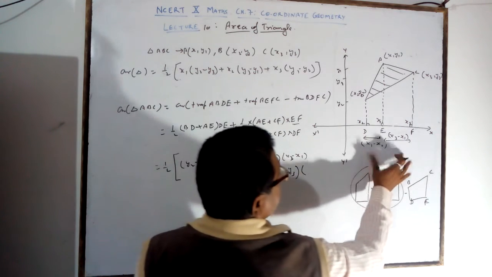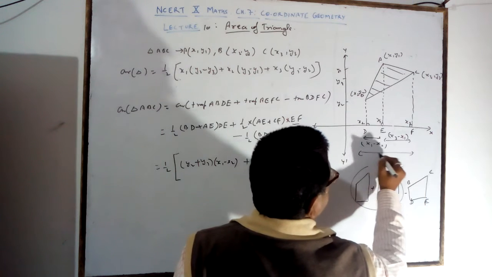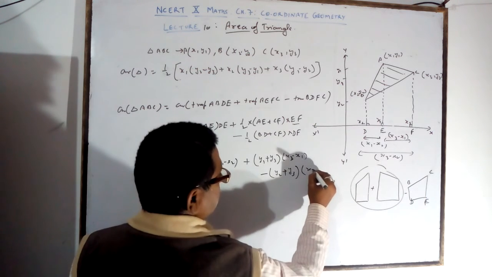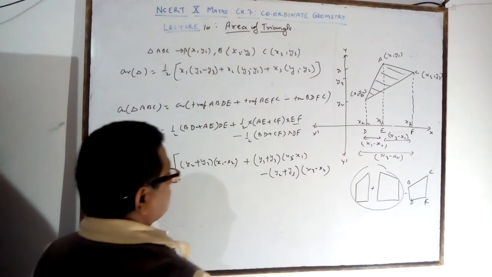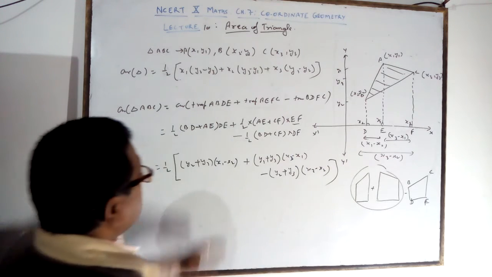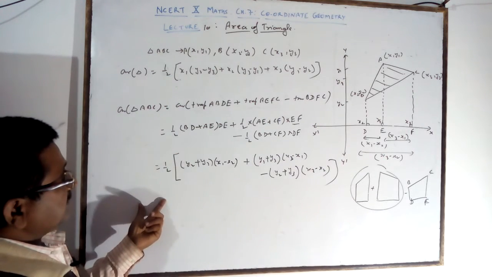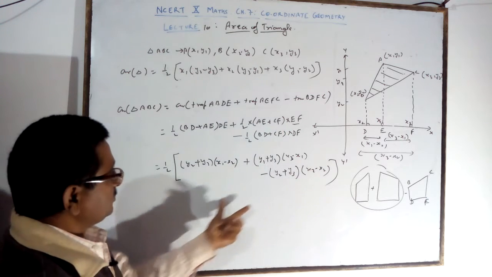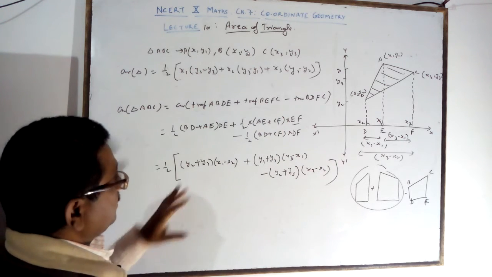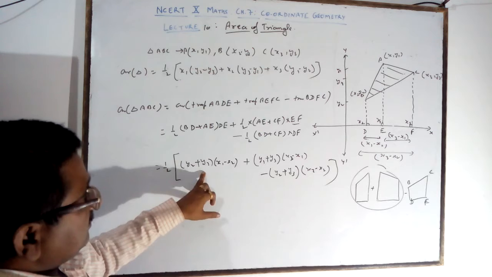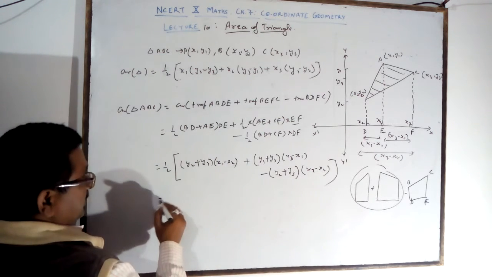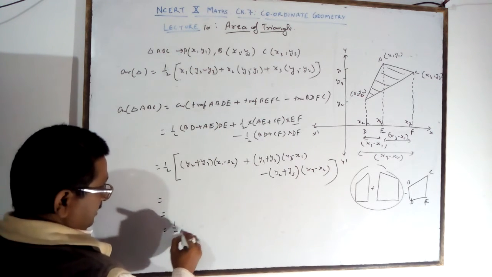And in the bracket, this distance is x3 minus x2. You are getting x3 minus x2. It is your half, all the half I am writing outside. Then BD, AE, DE, AE, CF, all the values I am writing. While this value you will write, then what result? When you open the bracket and then you see, at last your answer will be half.